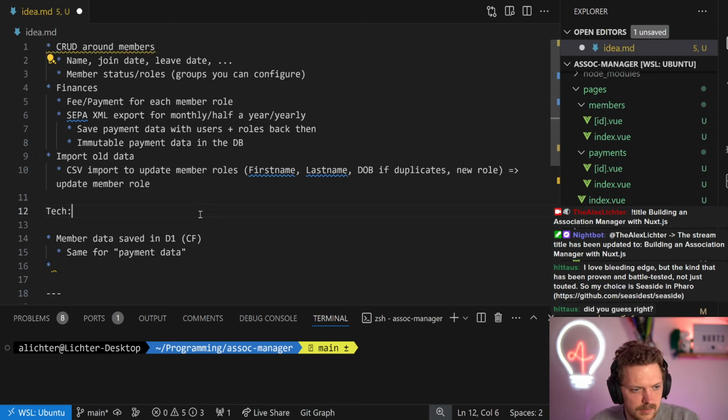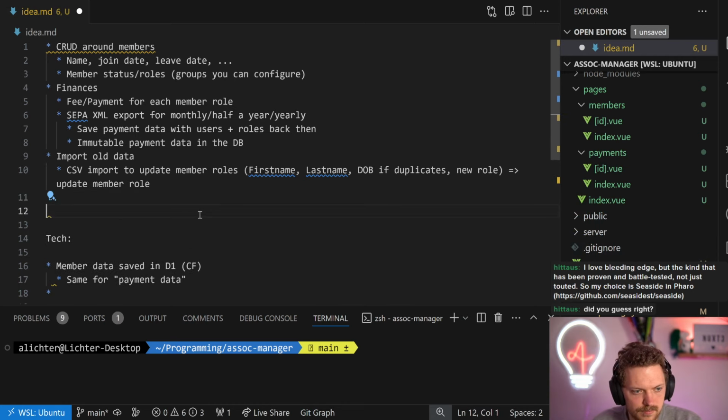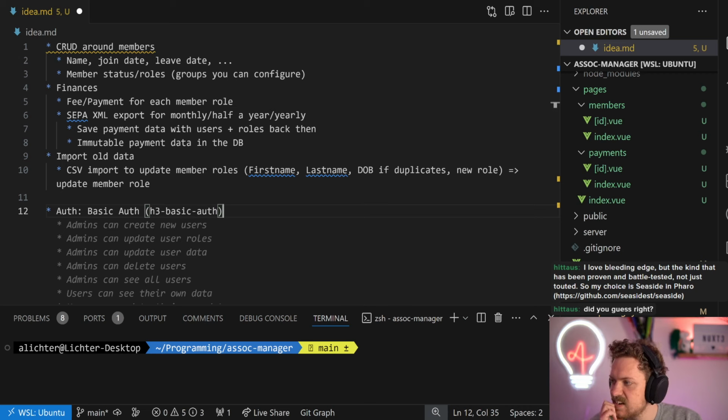This shouldn't be too tricky, but it will be annoying while developing, I think. And also because there's a package for that, should be fine. I love bleeding edge, but the kind that has been proven, battle tested, and just